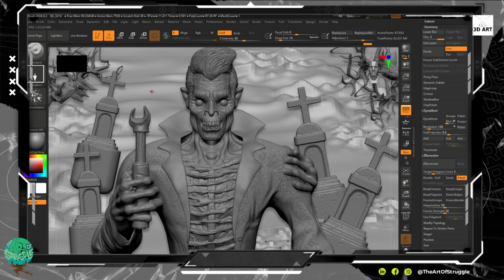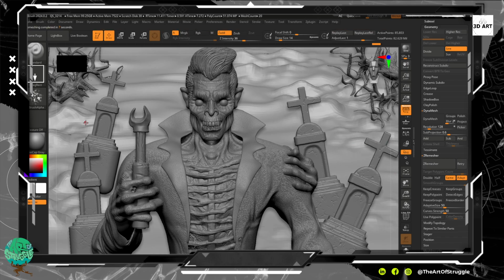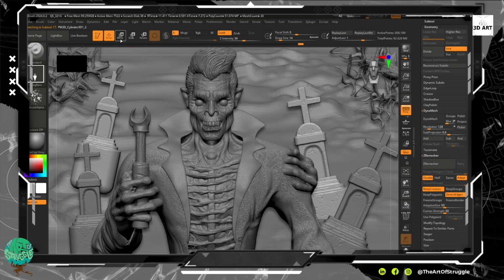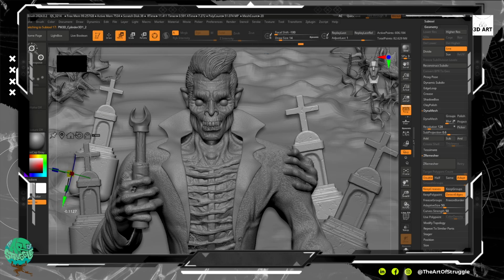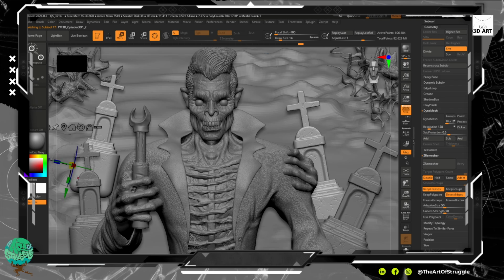Alright, so now this is the perfect time to use, let's do a ZBrush on this again, just so we have some better topology working with us. Let's do the same, ZBrush it. And this would be the perfect time to use the grass and stuff that we've got in here. So I might move this down